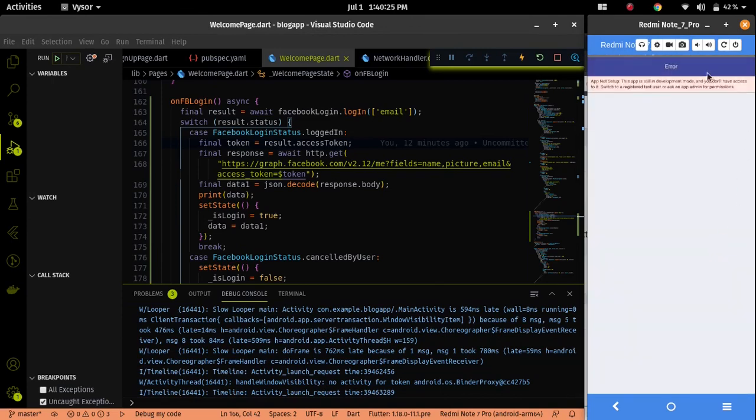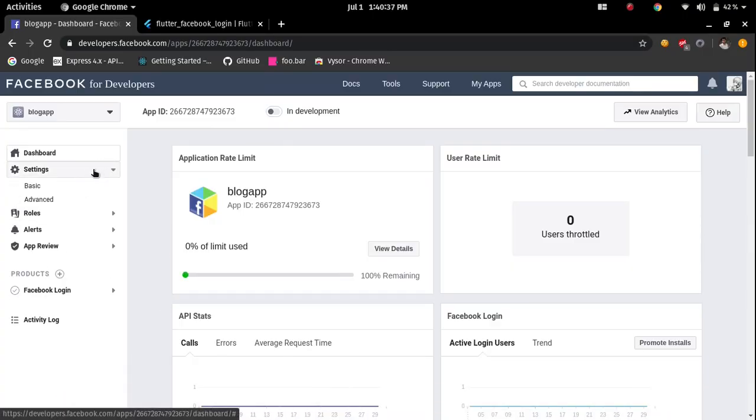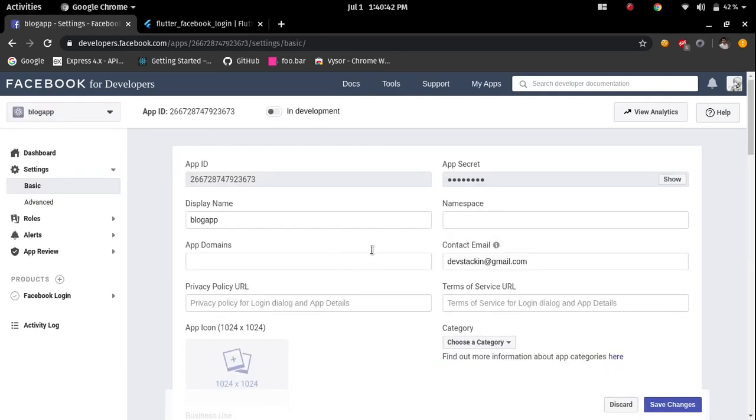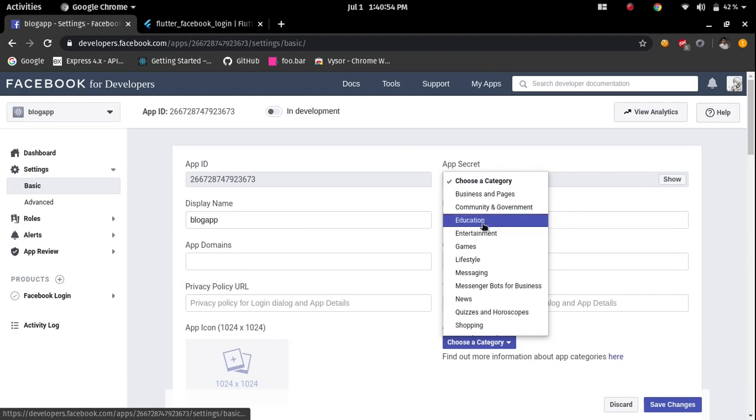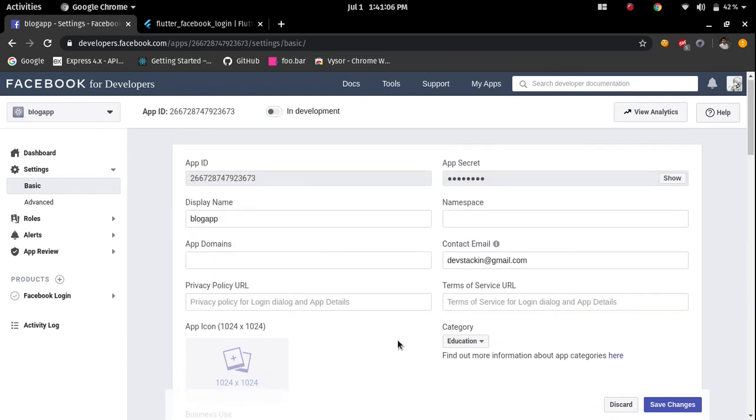And now we are getting an error saying we don't have permission in development mode. To fix that, go to the developer page, and inside the developer page go to Settings, Basic, and here you have to provide a privacy policy URL, a terms of service URL, and your category of app. Then only you can set the app public,